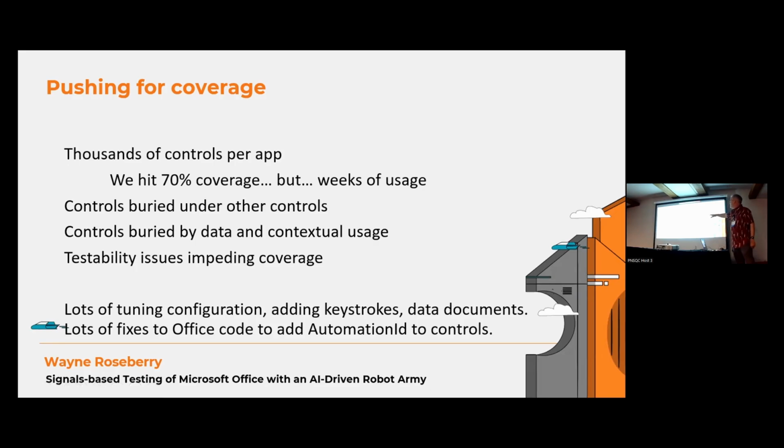The way we improved on some of this, so some of it was changing Office to have better markup on its UI, but there was a lot of tuning the configuration to make it lean in certain ways. Putting in data. So one of the tricks I would do, for the stuff that only triggers in data, I would make a Word file or an Excel file or a PowerPoint file that had all sorts of objects in it. And then before the automation runs, I would log into